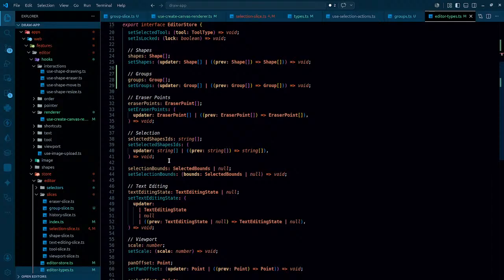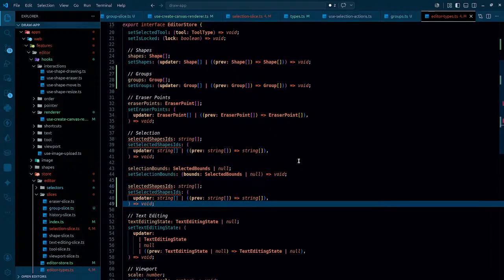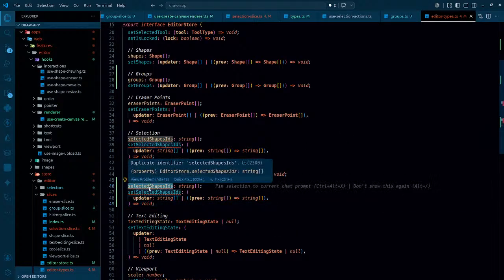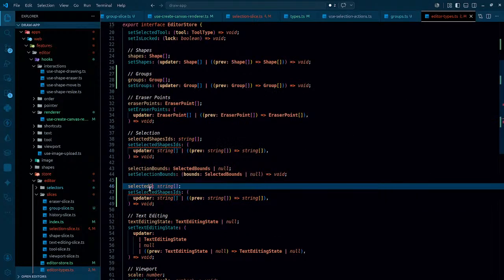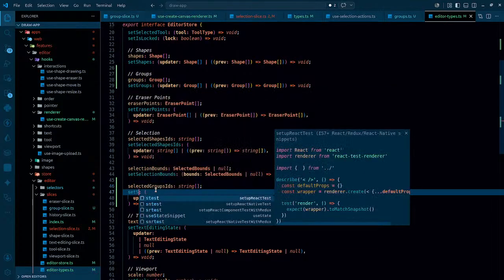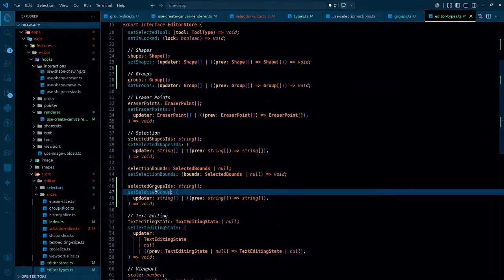Let's go to the selection section, and let's copy this part and have it here again. So the type is going to be selected groups IDs string, set selected groups IDs,